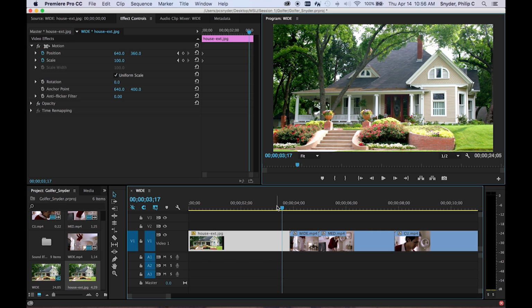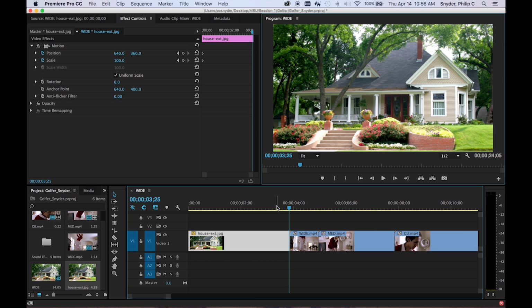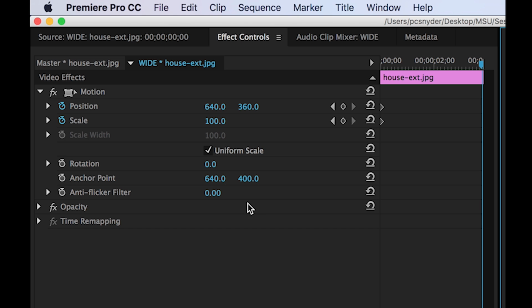We can use the arrow key and arrow down, and that'll take us to the first frame of the next clip, and then just press the left arrow back 1. Now we know we're at the very last frame of that still. This is where we add our animation. Okay, so let's go back up into the Effect Controls tab,